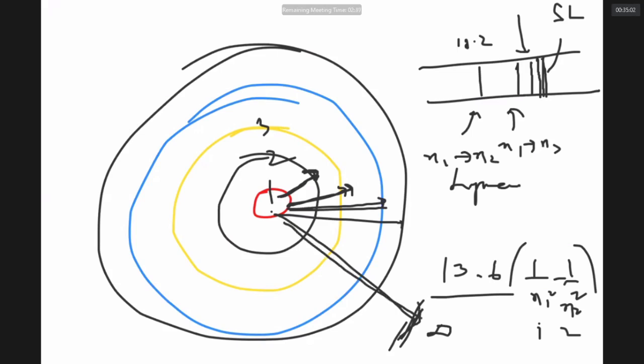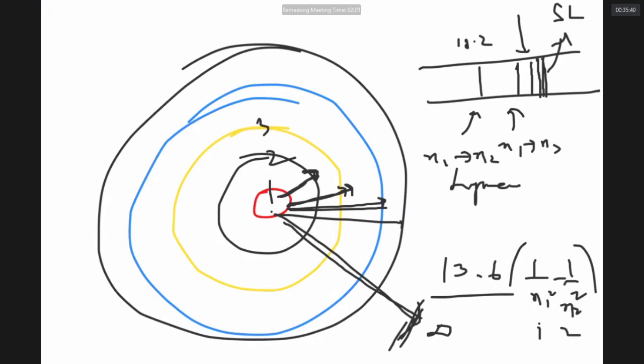The distance between these lines is dropping. And the last line, which corresponds to knocking out the electron to infinite distance, is called the series limit. Can we see it really? Yes, sir. Therefore, as the wavelength is dropping, the gap between the lines is also dropping and they look like a band. The last line corresponds to ionization energy. In any spectrum, as the wavelength of the radiation is dropping, the lines become closer and closer.